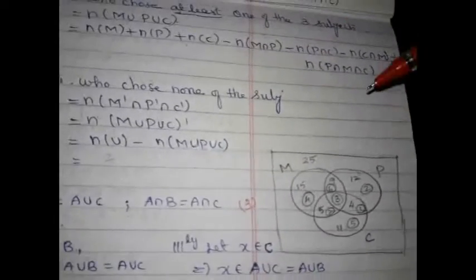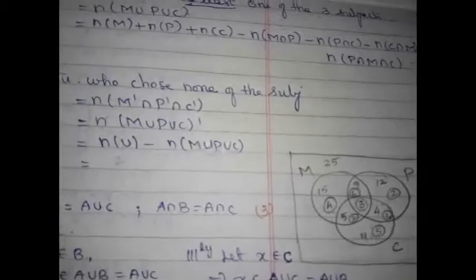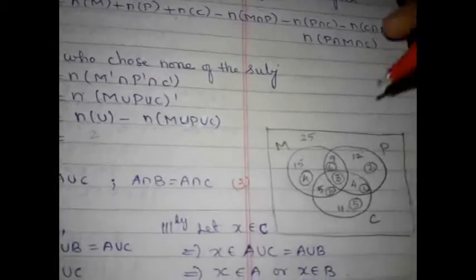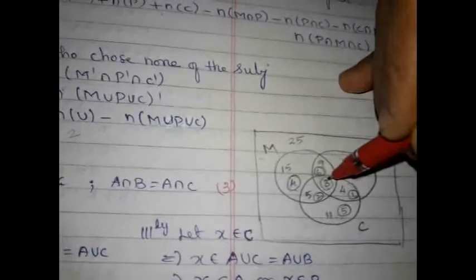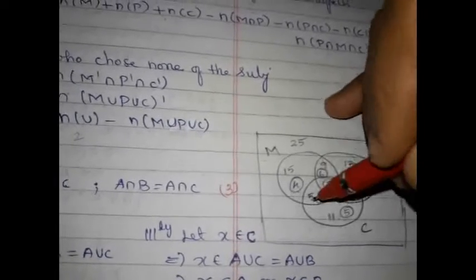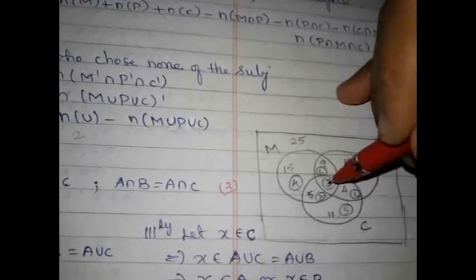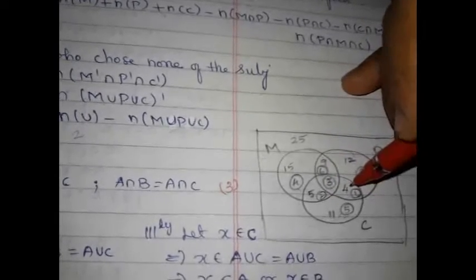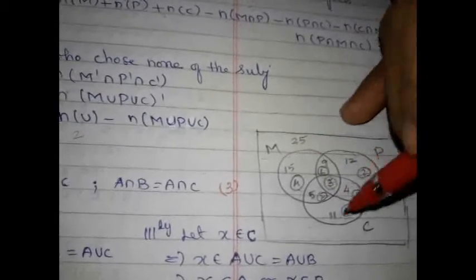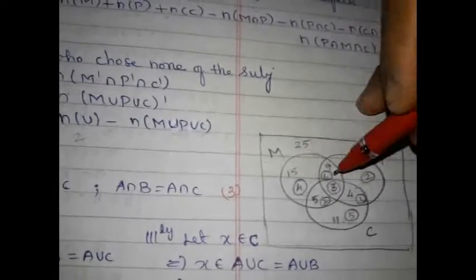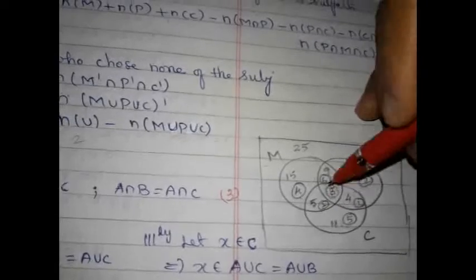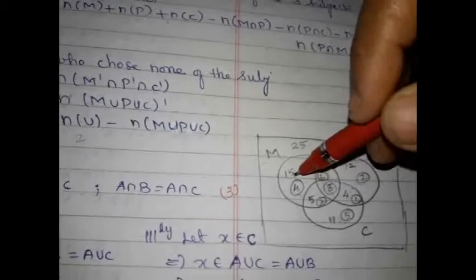Alright, and I have told you, you can check your answer through Venn diagram. Directly you should not give your answer through Venn diagram, because for steps also you will get marks. So how will you check your answer through Venn diagram? First write the intersection of all the 3. Then you write the intersection of two sets and you have to subtract this common part from all the 3. Then you have to write maths, physics, individual values, and you have to subtract the sum of these three from here. What is the sum of these three? 6, 3, 2, 11. 11 is subtracted from 15, you will get 4.